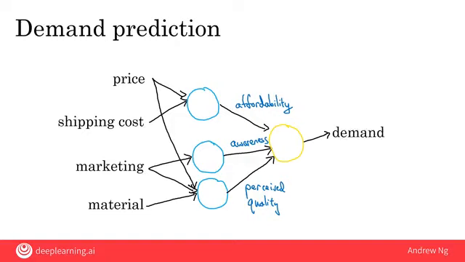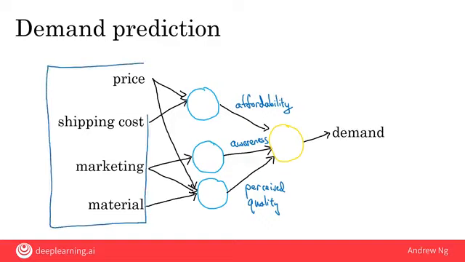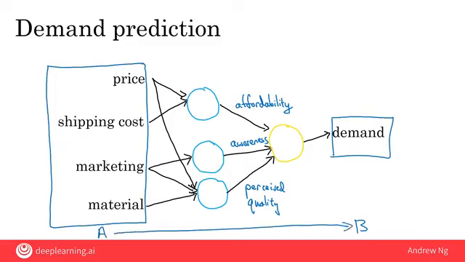So this is a neural network, and its job is to learn to map from these four inputs, that's the input A, to the output B, the demand. So it learns this input to output, or A to B mapping. This is a fairly small neural network with just four artificial neurons. In practice, neural networks used today are much larger, with easily thousands, tens of thousands, or even much larger numbers of neurons.